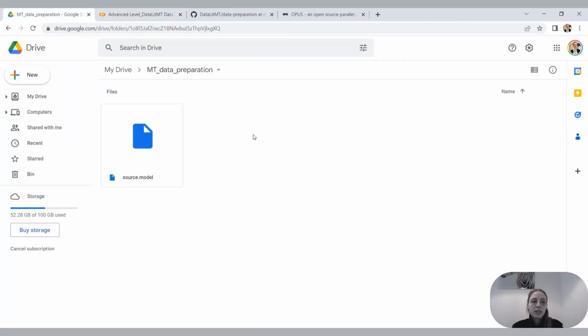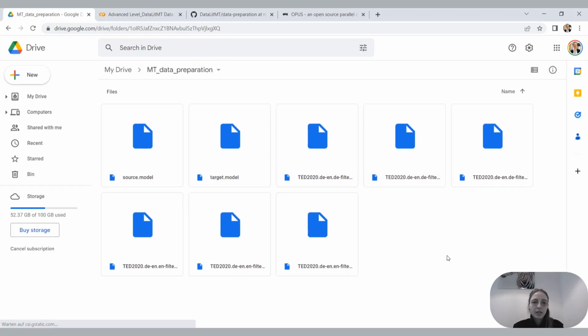It always takes a moment to load, so don't worry. You can also just reload the page. Then you can see that successfully, all the files have been saved here: our source and target SentencePiece models, and then the 6 subworded sub-datasets. So this is the information we will need later on to work with in our NMT training notebook,